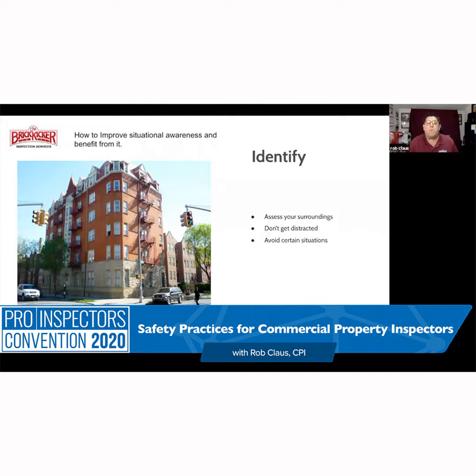That phone has to be hooked to your hip. That phone has to be a lanyard around your neck. That phone has to be right there with you at all times. And in that phone, you better have good contacts. I know for me, in doing this, if anything happens, I can call my office. There's somebody here. Every time an inspector's in the field, there's somebody here on the phone that's a backup that